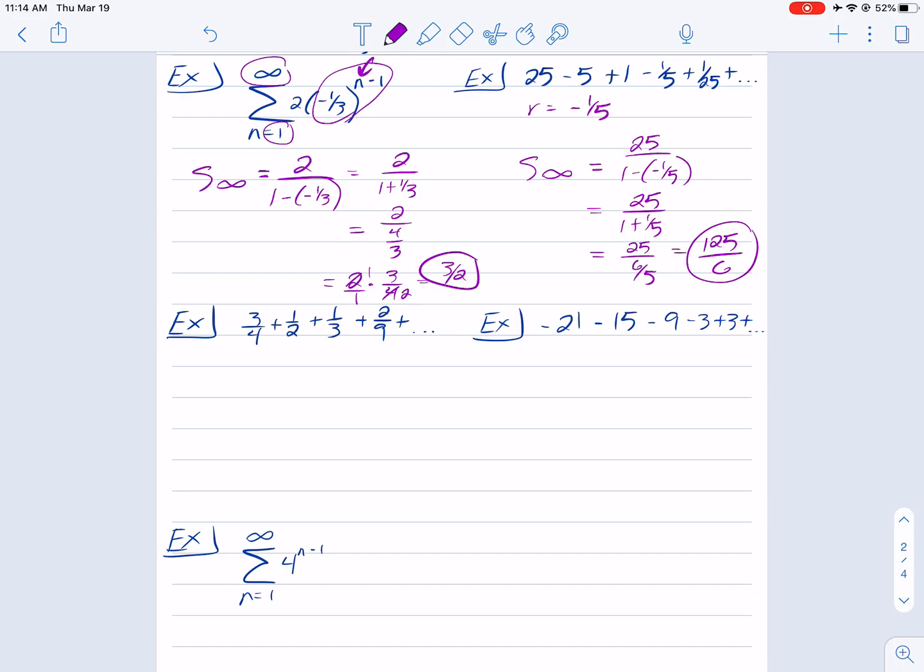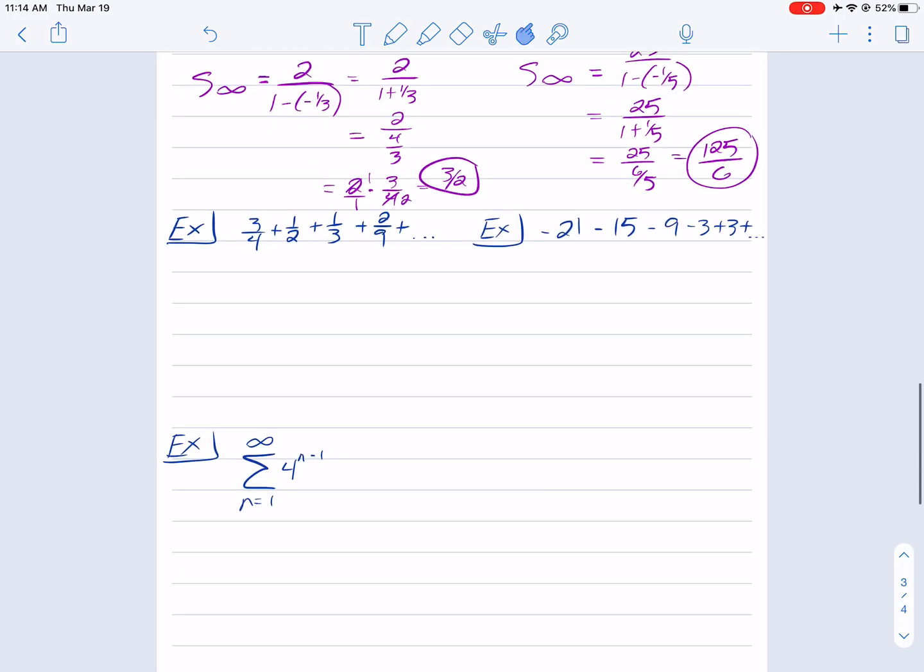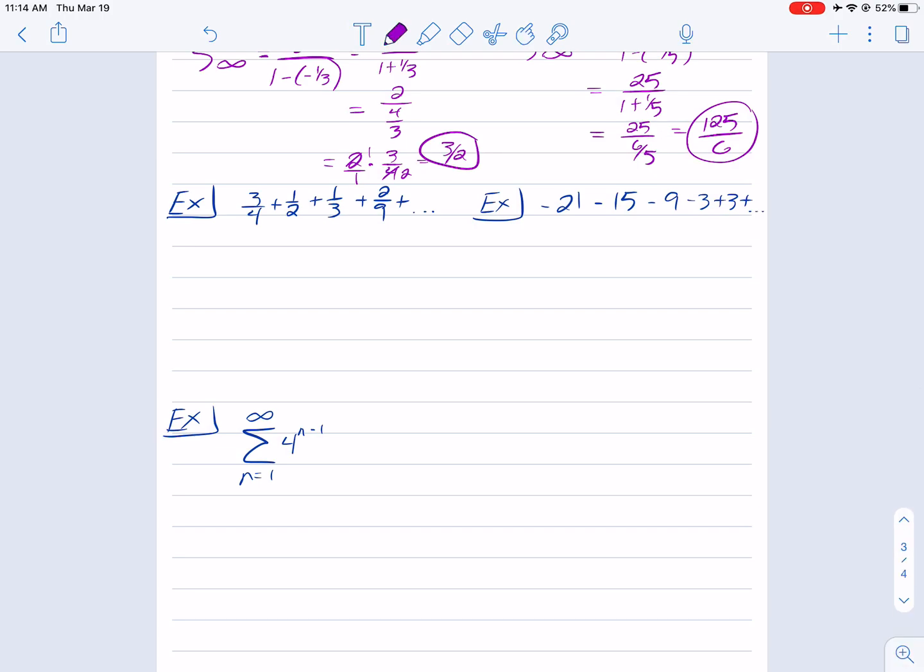Okay, for this third example, if you're struggling to find the ratio, remember, pick a term and just divide by the previous term. So 1/2 divided by or times 4/3. You can hopefully see that the ratio here is 2/3. You can check another term if you want. 1/2 times 3/1. Also,